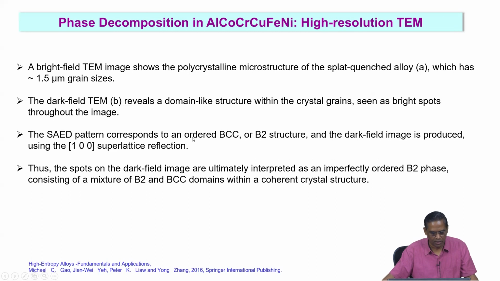The SAD pattern corresponds to an ordered BCC or B2 structure, and the dark field was produced by the 100 superlattice. The spots on the dark field image are ultimately interpreted as an imperfectly ordered B2 phase, consisting of a mixture of B2 and BCC domains within a coherent crystal structure. So, this is the result of that analysis,